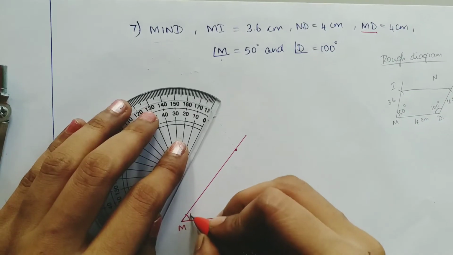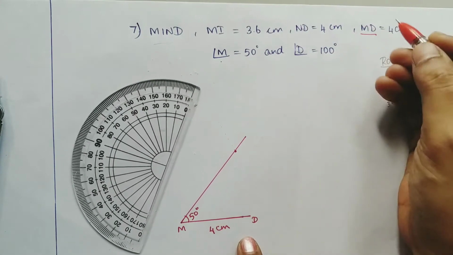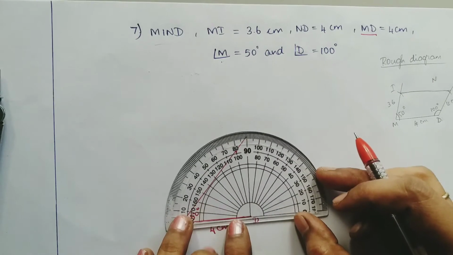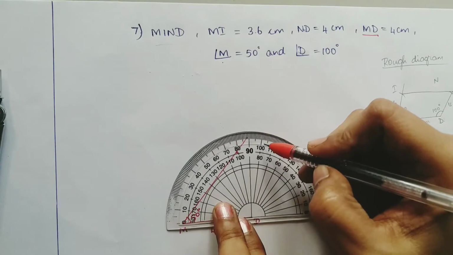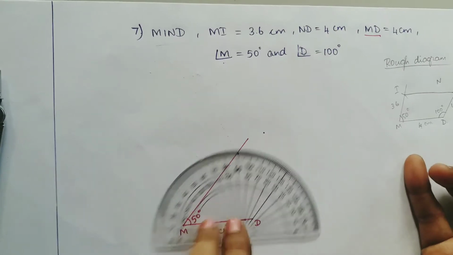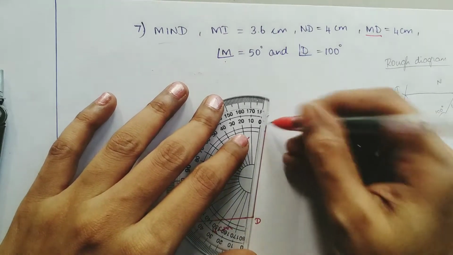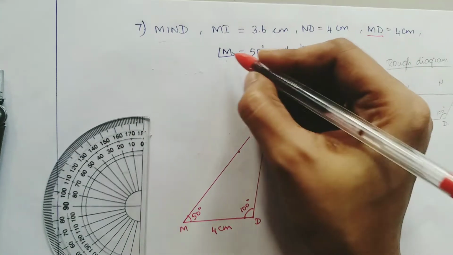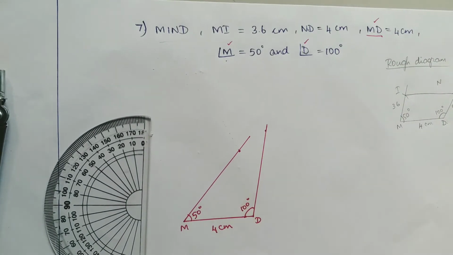Okay, so this is 50 degrees, and the next angle D is 100 degrees. When it is above 90, the mouth should be open wide, right? So I am going to keep it here, and then which 100 will you consider, this one or this one? The open one. So this one only is open wide. Okay, and then we are going to join these two lines and mark it as 100 degrees. So already D is drawn, MD baseline also we have drawn.